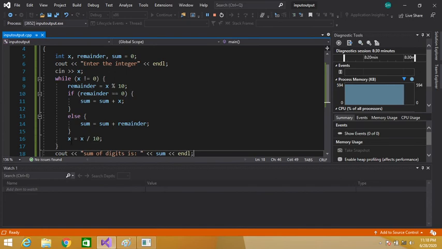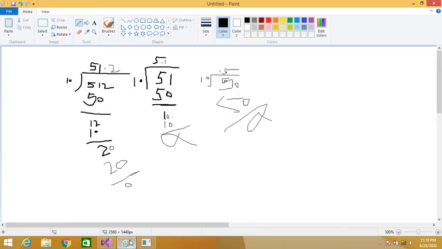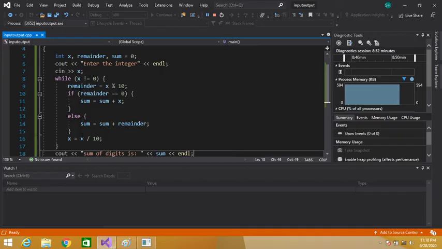But our variable is of integer type. It cannot hold a 0.5 value, so it will only hold the integral part. So the integral part here is 0. So 0 is stored in the x variable because it is an integer variable, so it will not hold a floating point value. So 0 is stored in this x variable.